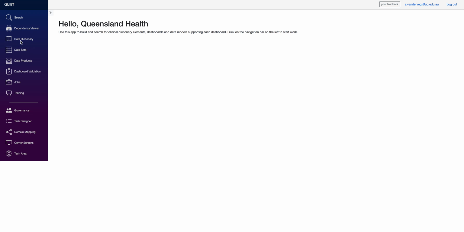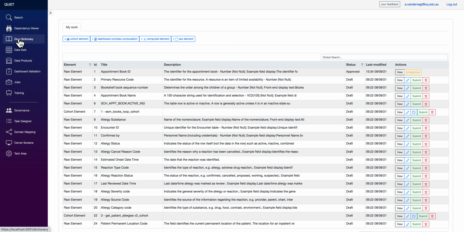Let's start by looking at the data dictionary. We click on the data dictionary navigator item on the left hand side and we'll see here the data dictionary area. Now what you're looking at is a table of all of the dictionary elements that are currently available within the application. But of course you might want to add your own elements, and so in this area you're able